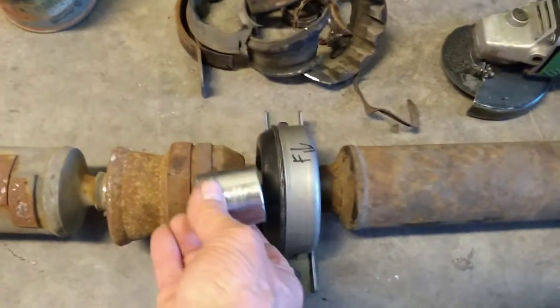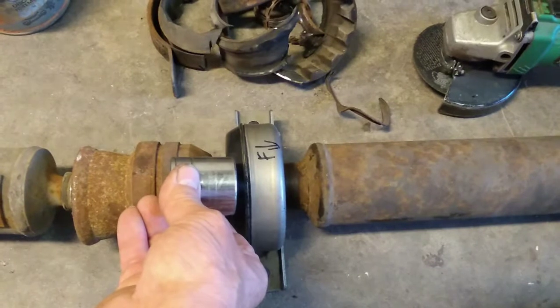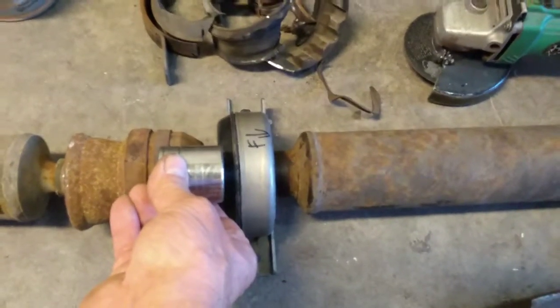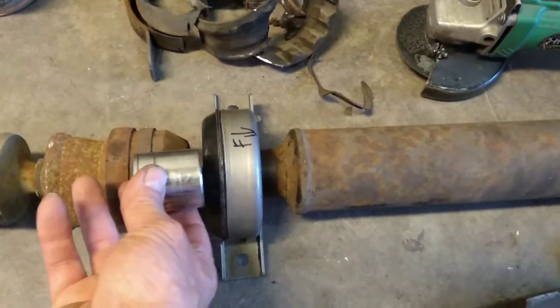So I put that down onto the carrier bearing and drove it onto the shaft until the socket started hitting and wouldn't go anymore. And that got it going on there square. So I'm hitting a socket on the backside with a hammer to drive that on there. And then at that point,